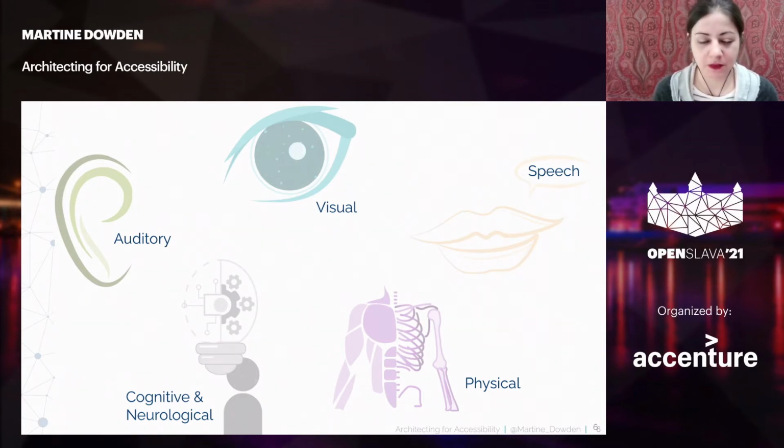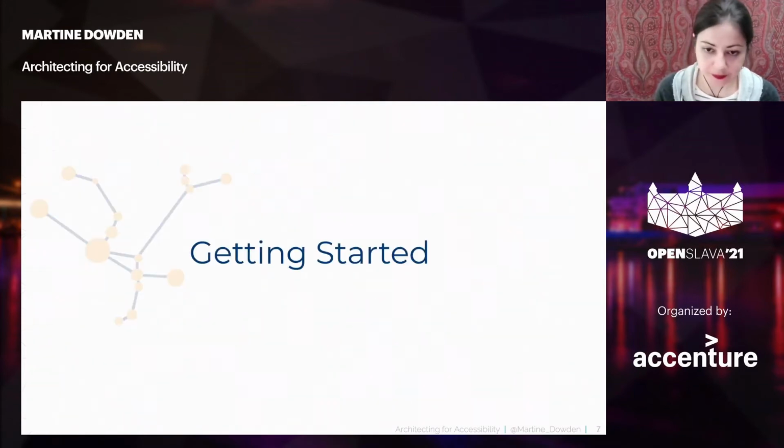Now, I've neatly categorized these in 5 little groups to make them really easy to talk about, but we need to keep in mind that most of our users are going to have barriers that overlap several of these categories. Rarely are you going to have a barrier that's in one of those categories alone. I've grouped them that way to make them easier to talk about and to define, but rarely is it ever that clean and simple.